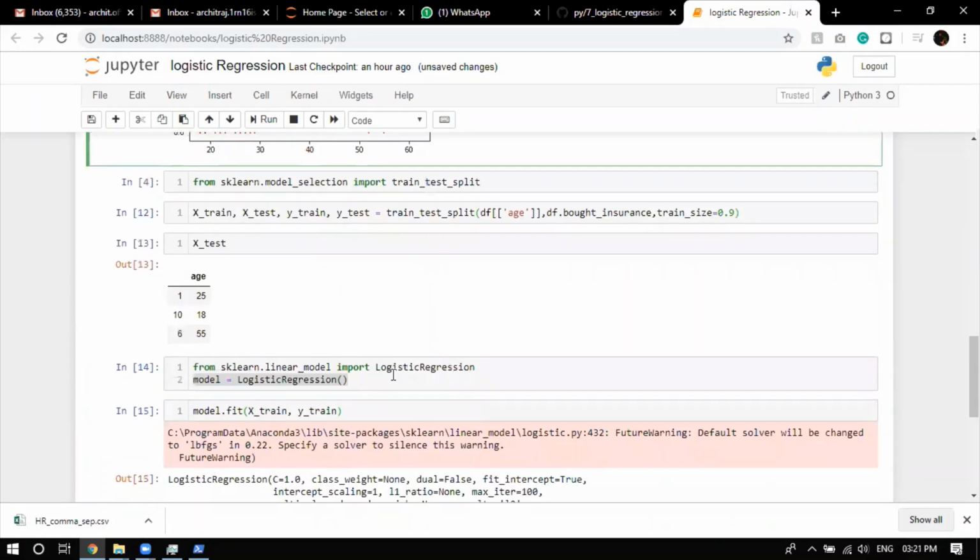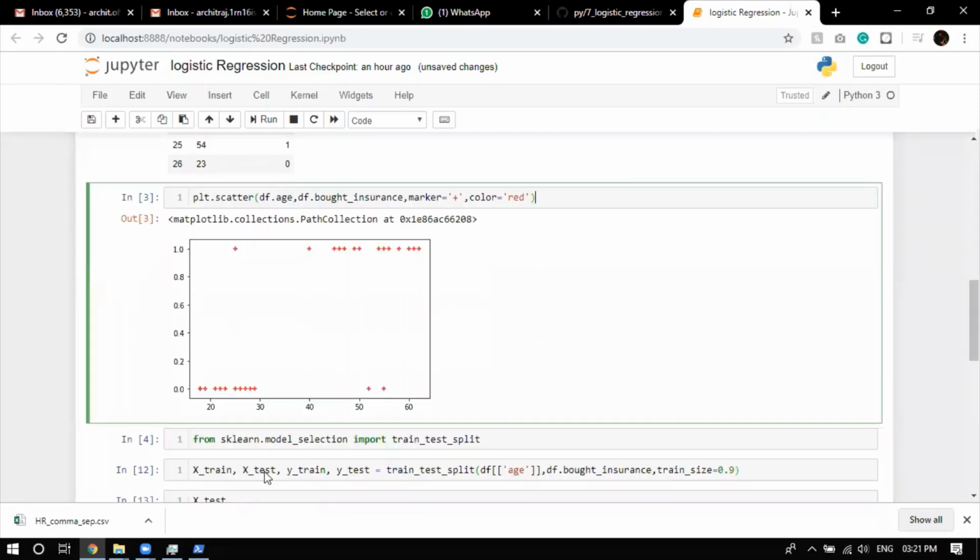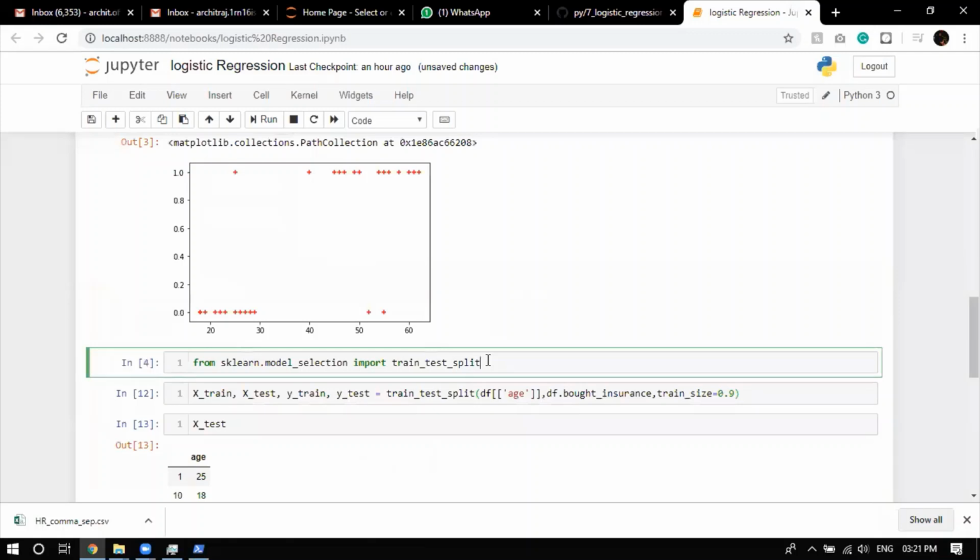Okay, so what are we going to do? You can imagine this particular graph will fit perfectly here. There are some outliers here and there, but that's what a model is; outliers are present. So you can fit a sigmoid graph here. What we're going to do is use train_test_split again. We're not doing the cross validation here. I already told you about what cross validation is.